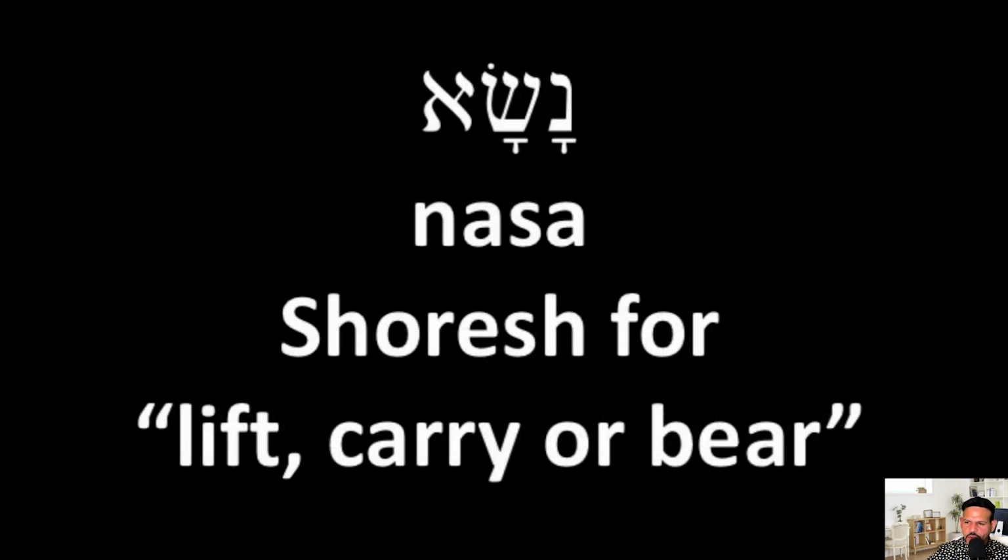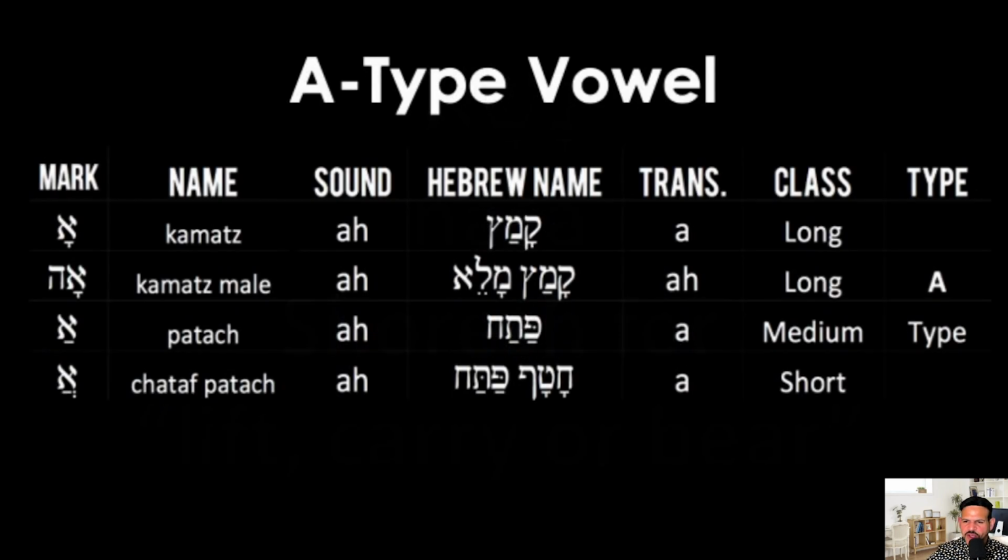We have the letter Nun, and we also have the kamatz underneath it. Now, what is the kamatz? Okay, let's go back to the vowel system again. If you see lines, it's usually an A vowel pronounced A. So you'll either see a T, a line, or a line with 2 dots: kamatz, kamatz malay, patach, or hataf patach. And just know at this level of learning Hebrew, if you see lines, usually it's